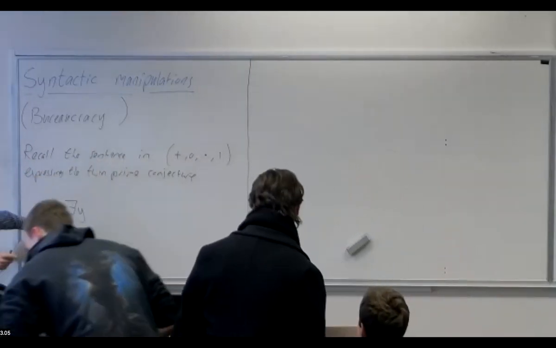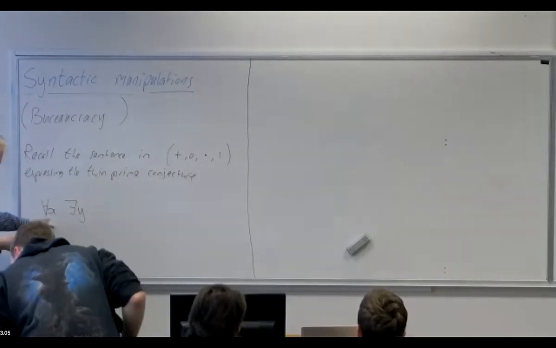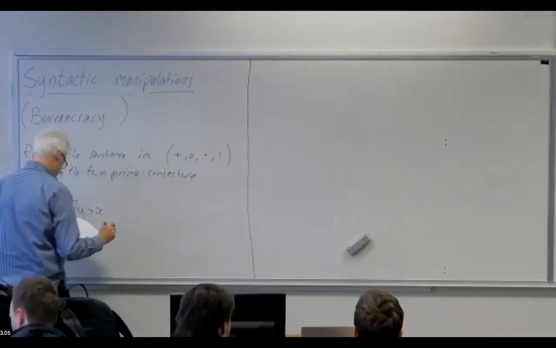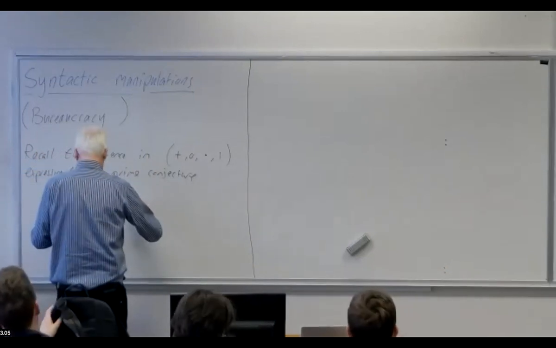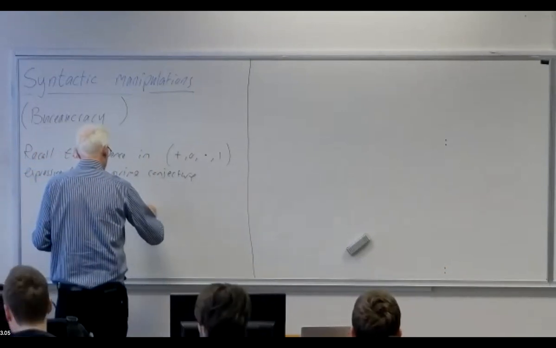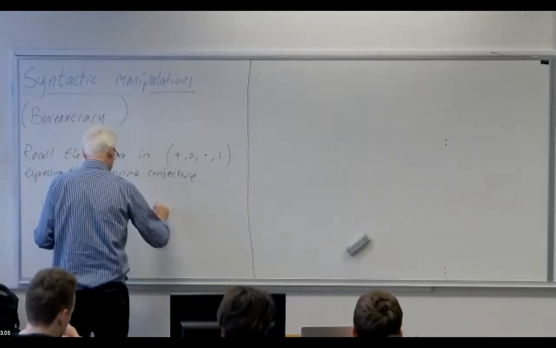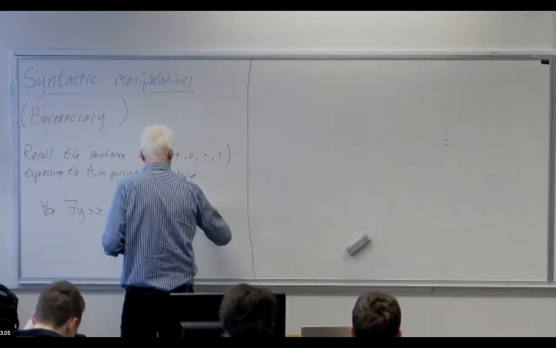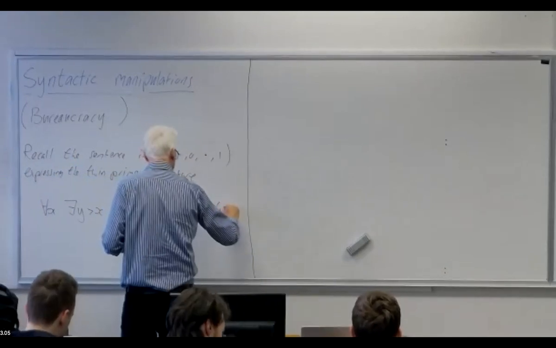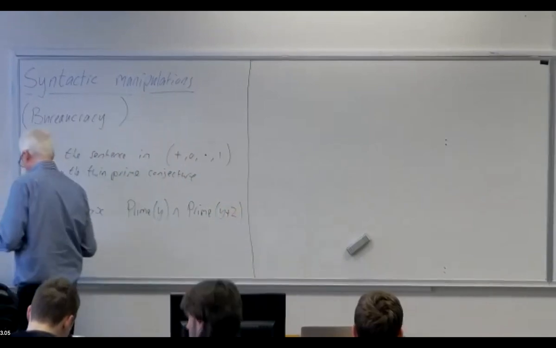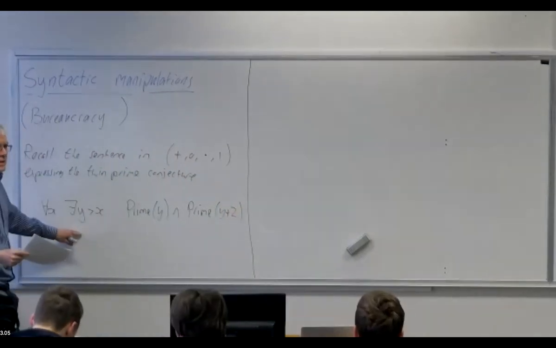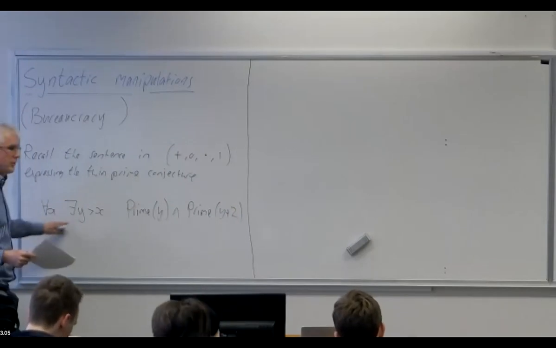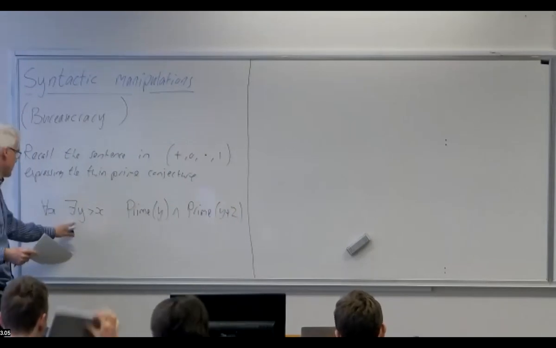Anyway, they were writing it as: for all x, there exists a y greater than x, or this is one way of writing it, how one would often write it, such that y is a prime and y plus 2 is a prime. I might not have written it exactly like that before, but in future, I will tend to write things exactly like this, where here we have